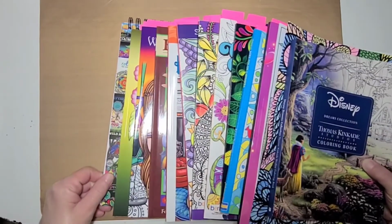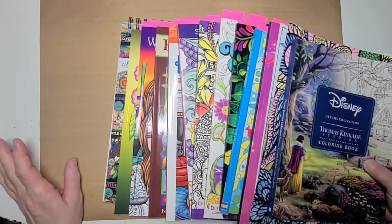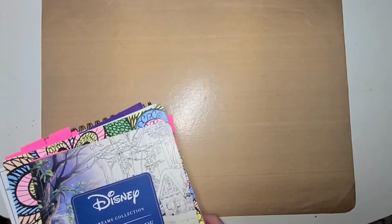Guys, this is the most I've ever done in a month. I'm quite proud of myself. So let's get started. I'm going to set them over here out of the way. I'm going to start out with the single sheets